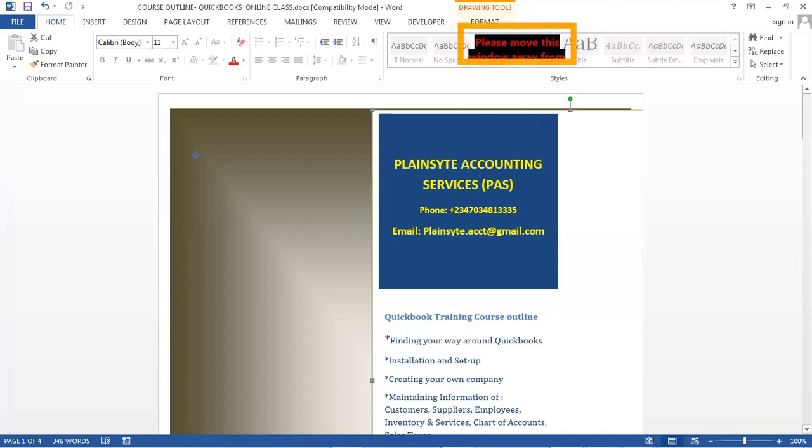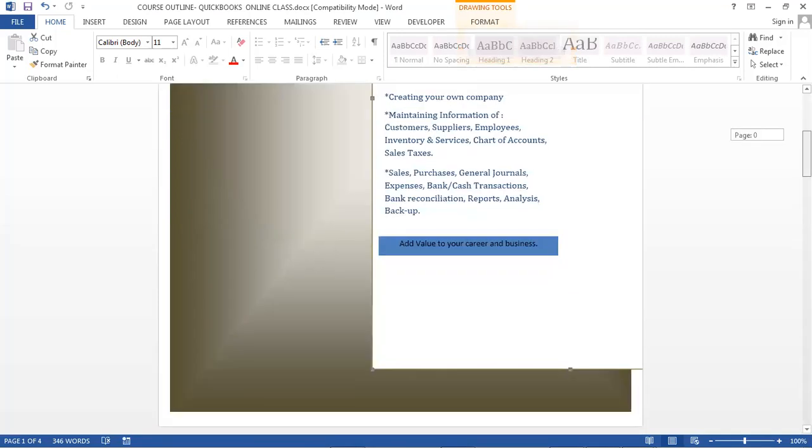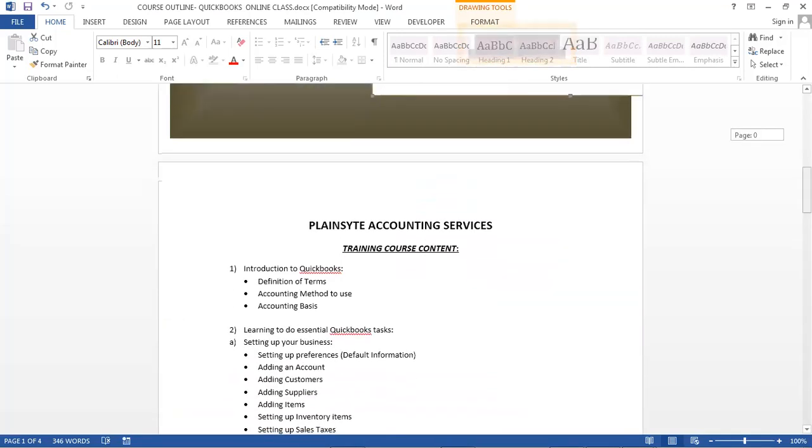You can reach us. Now, I'm going to be taking you on this course called QuickBooks: Finding your way around QuickBooks installation and setup, creating your own company, and maintaining basic default information. Now, I'm going to take you through the course outline, which is